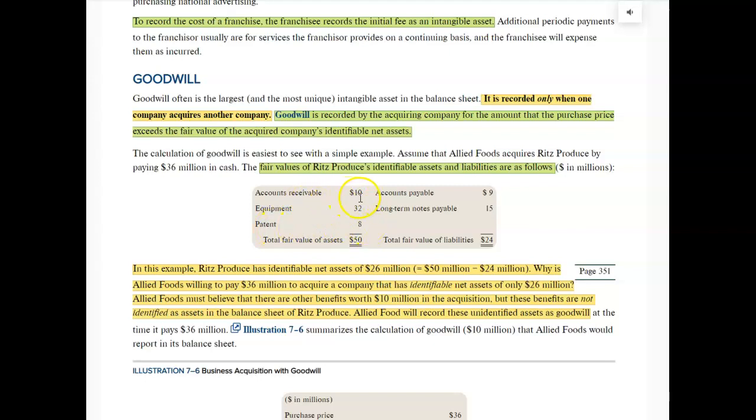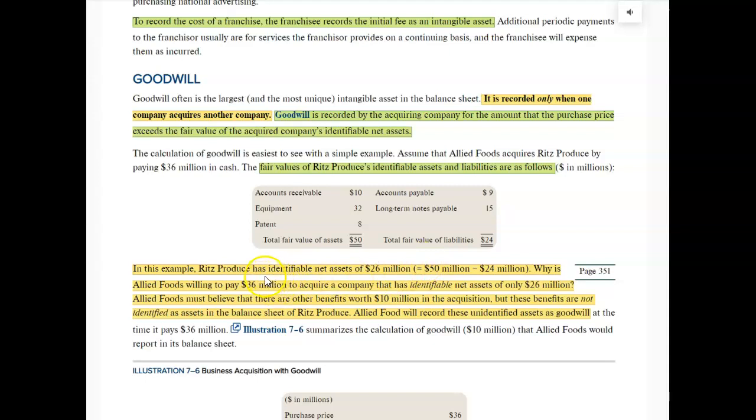The accounts receivable should be the net realizable value after you take away bad debts, potential bad debts. So assets, fair market value 50. And this is in millions of dollars, so $50 million. Liabilities that go along with this business that you'll have to pay will be $9 million and $15 million for 24. So what you're doing, if you buy this business,